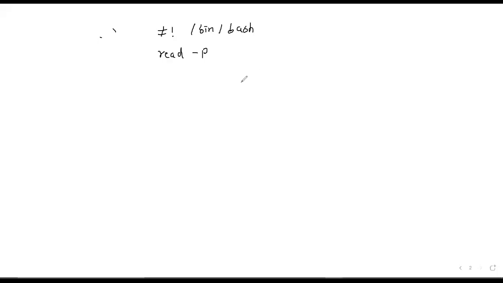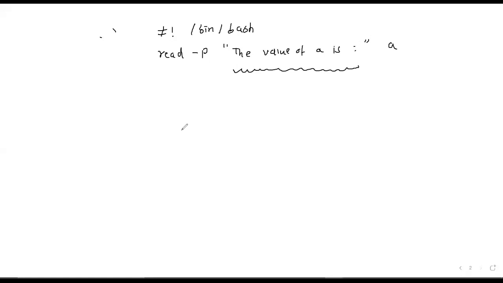Now, in order to echo a statement, suppose the value of a is entered, this is going to be printed, and the variable we write here is a.